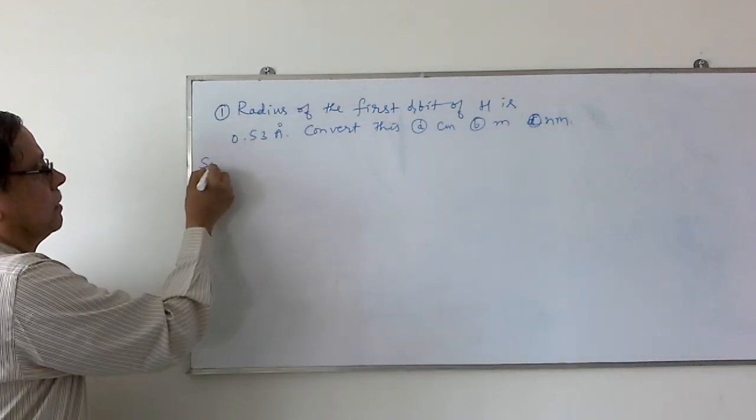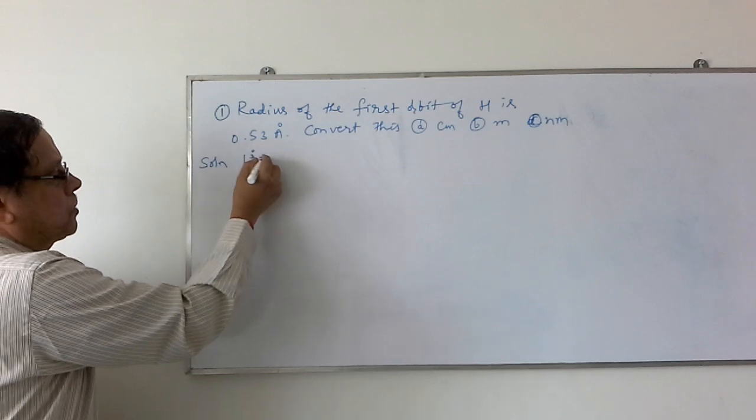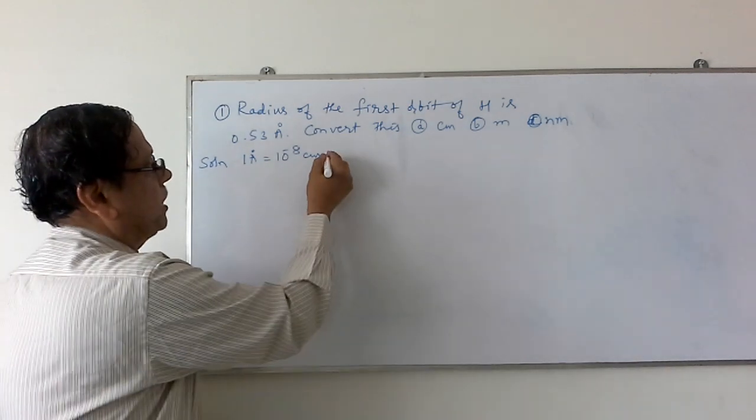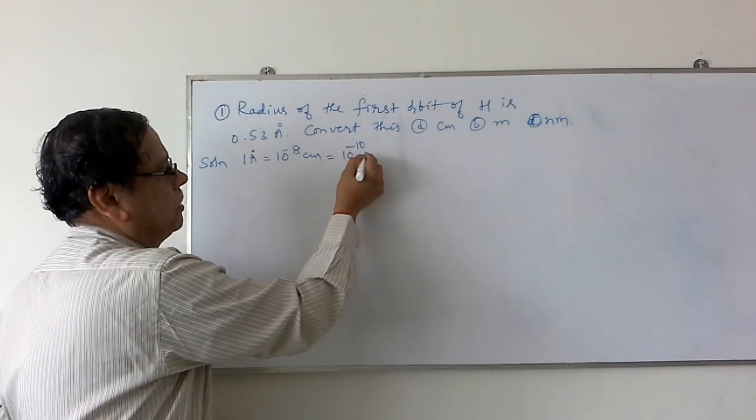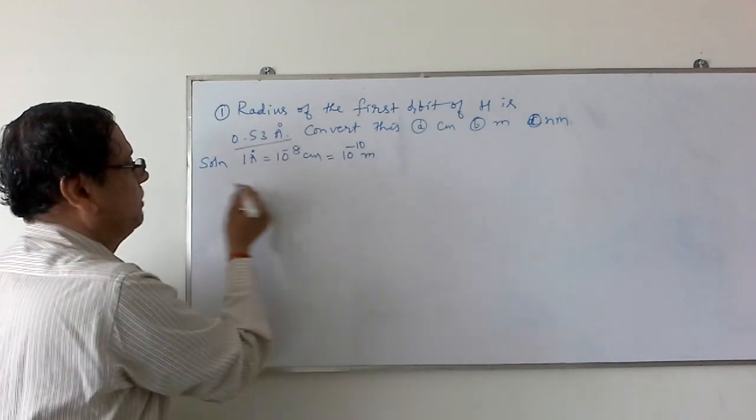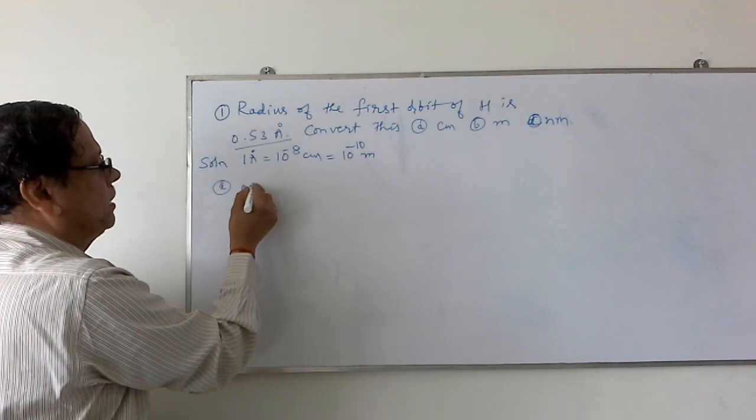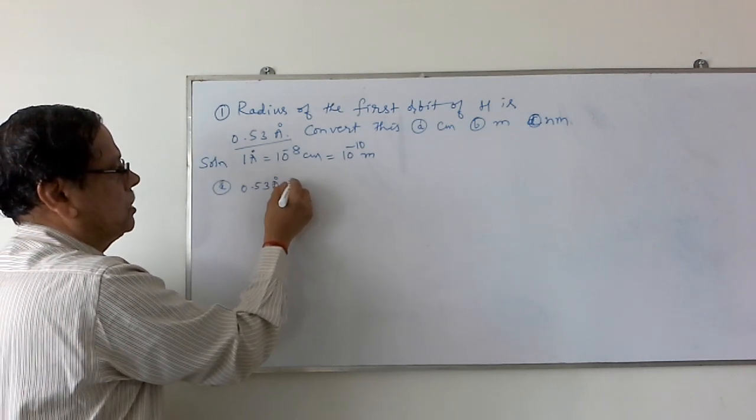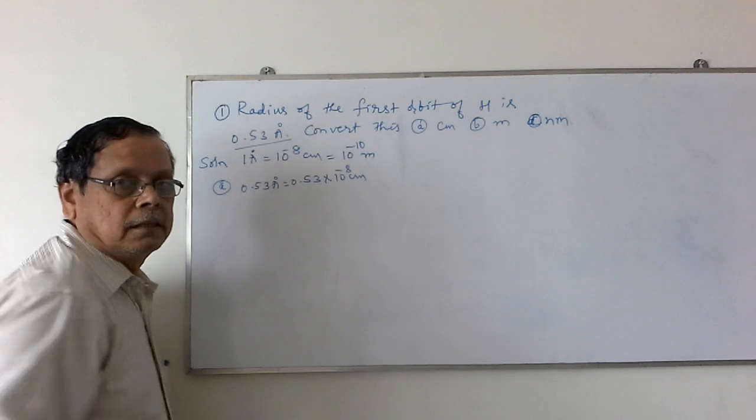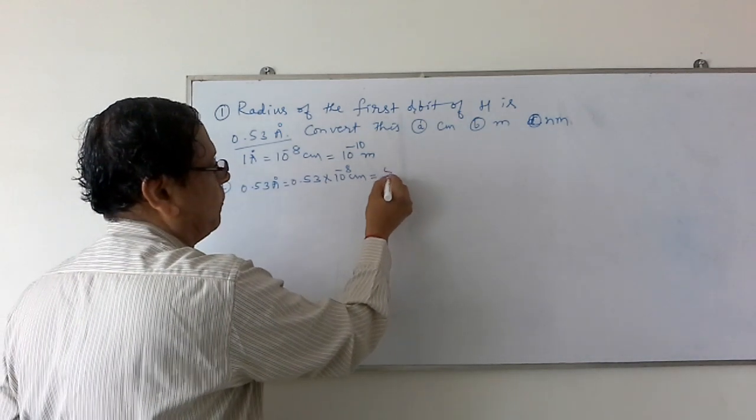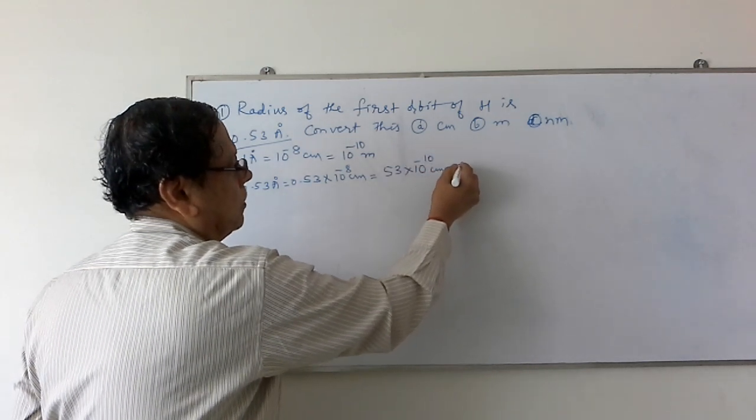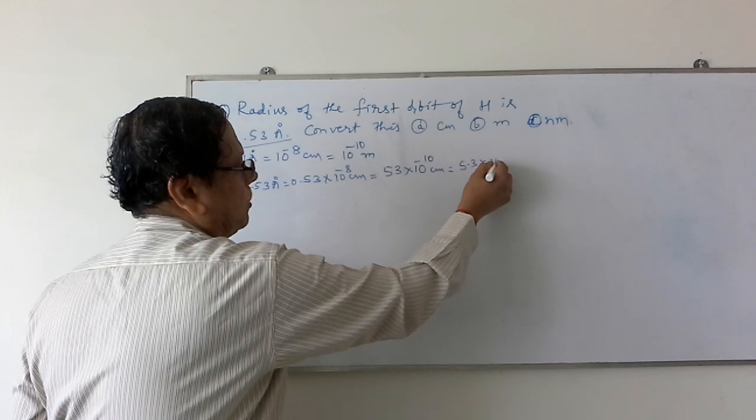First remember, 1 angstrom corresponds to 10 to the power minus 8 centimeter, or we can also write this as 10 to the power minus 10 meter. So if you want to convert this 0.53 angstroms into centimeter, then 0.53 angstroms is equal to 0.53 into 10 to the power minus 8 centimeter. This can be expressed as either 53 into 10 to the power minus 10 centimeter or 5.3 into 10 to the power minus 9